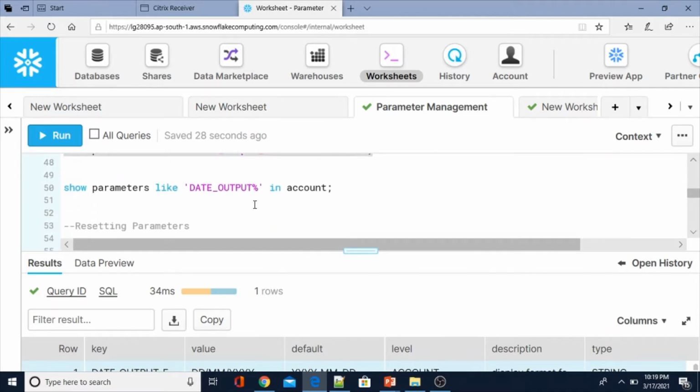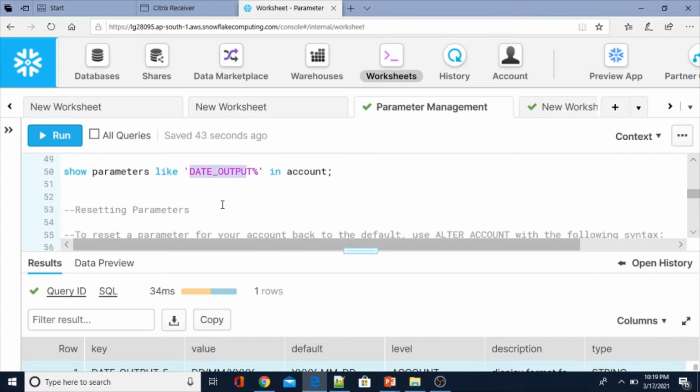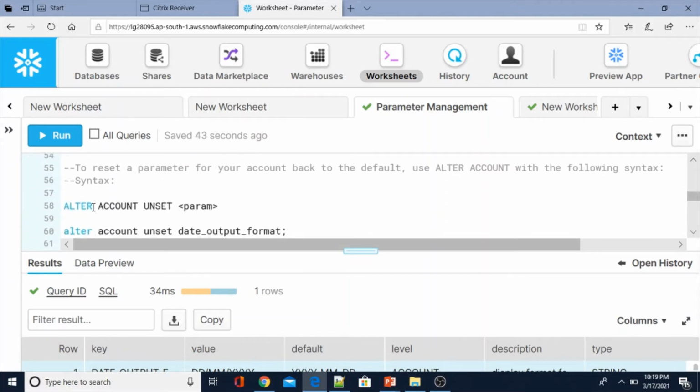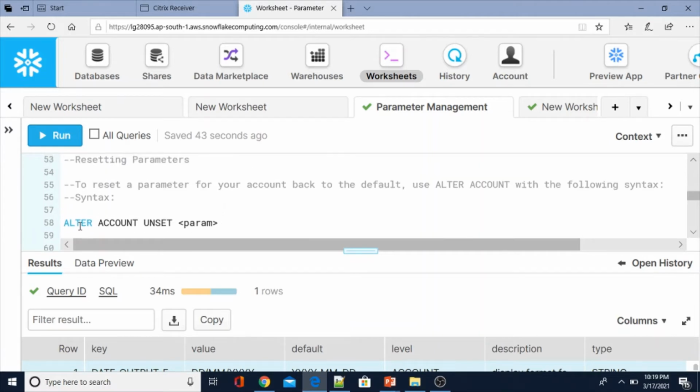Now how are you going to reset? I don't want this, I want to set it back to the default value. So resetting the parameters: to reset a parameter for your account back to the default, use alter account with the following syntax: alter account unset parameter name. You have to use unset and the parameter name only.